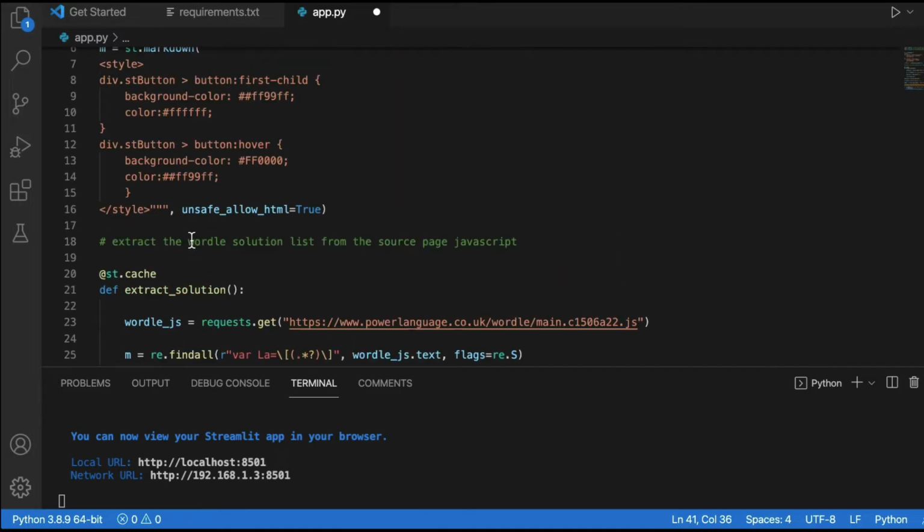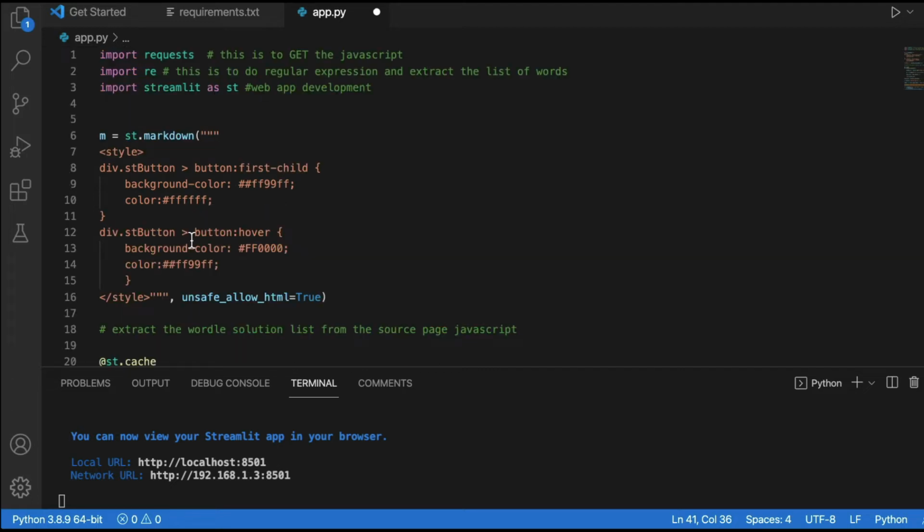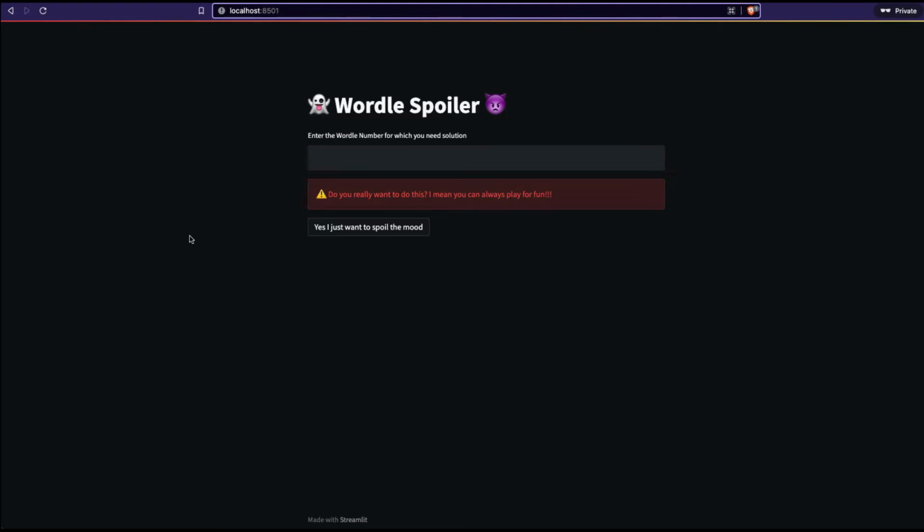This is one of the most underrated features of Streamlit. A lot of people use Streamlit just as it is, but you can make CSS changes. CSS stands for cascading style sheet, where you use CSS, which is like a language, to beautify or change the look and feel of an HTML application. And that is exactly what we are going to do here.